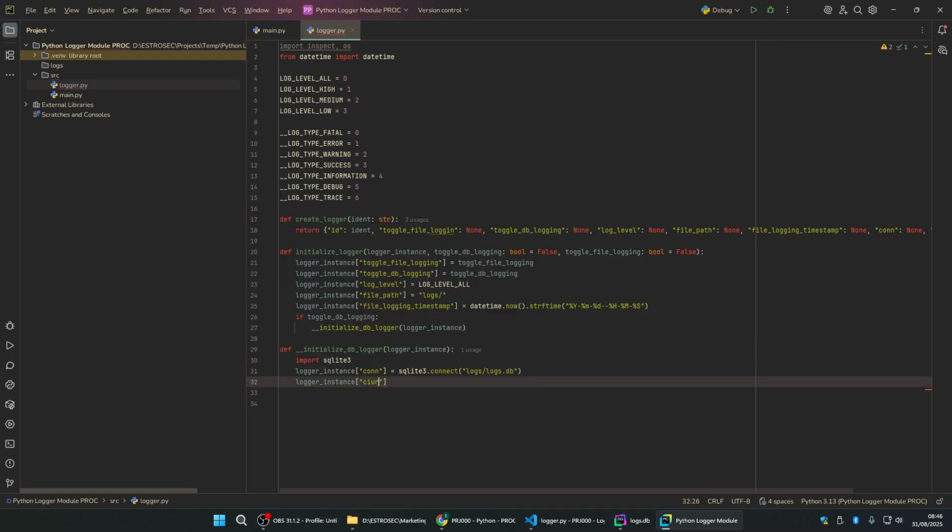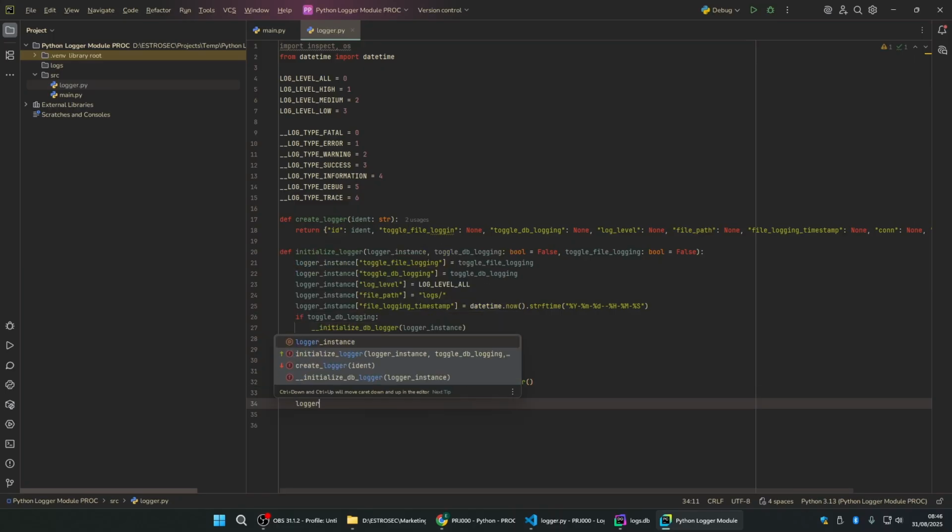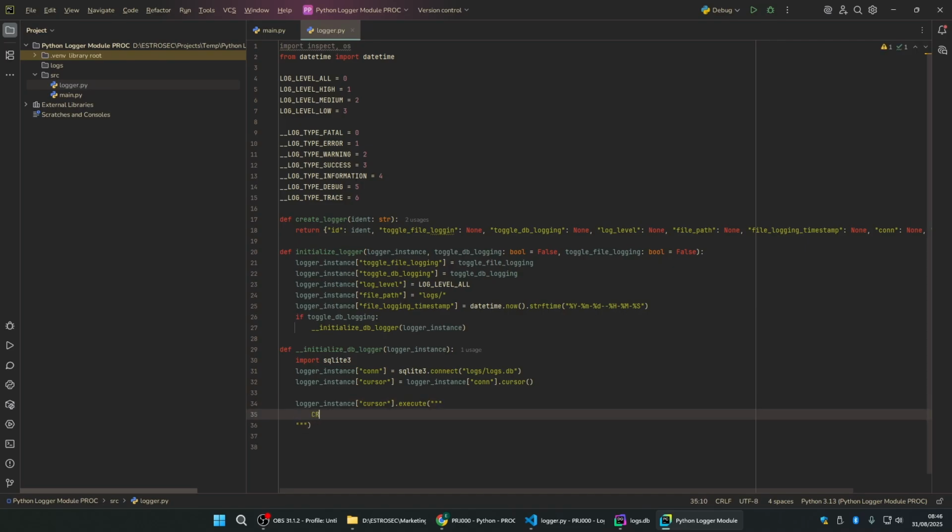This time it's going to be cursor, so we want to set up the cursor, which is equal to logger_instance.con.cursor, like that, okay? And after that, we can do logger_instance.cursor.execute. And in the execute, we just do this. Create table if not exists,